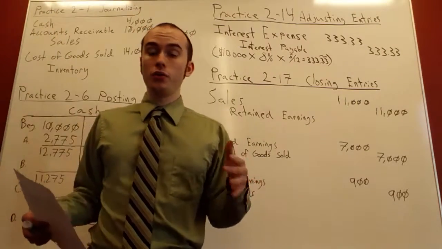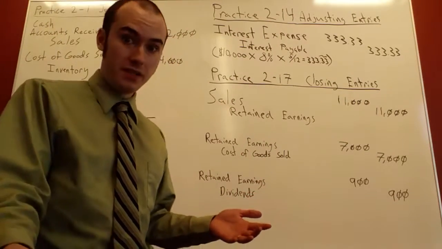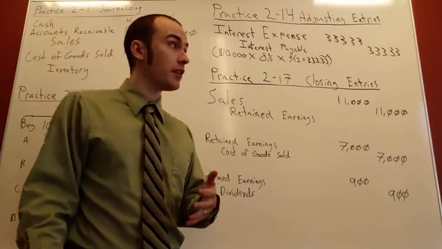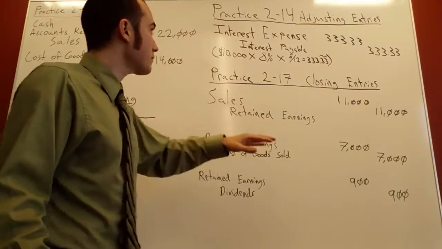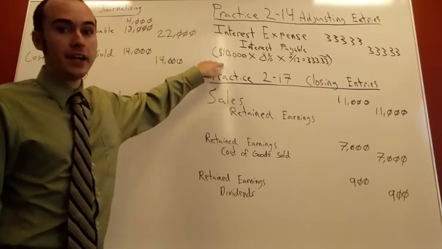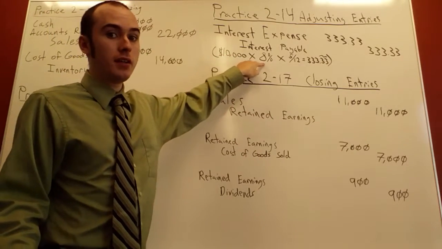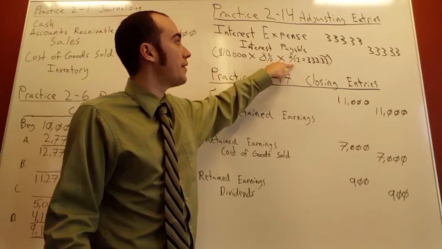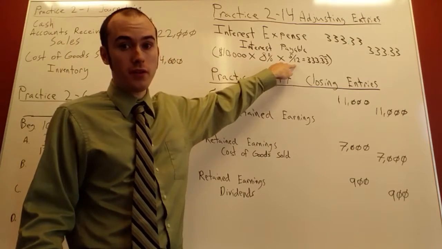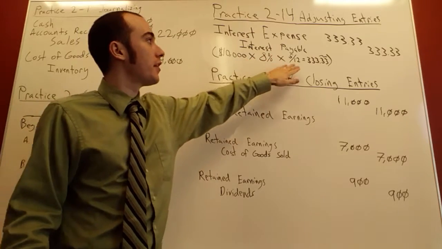It's the end of the year. We're doing the financial statements. We have to adjust first. So we got to catch this interest up so that it's on the income statement. So the equation is 10,000 times 8%. That's for a full year's worth of interest, but we're only doing 5 months. So we multiply it by 5/12. 5 divided by 12. That gives us